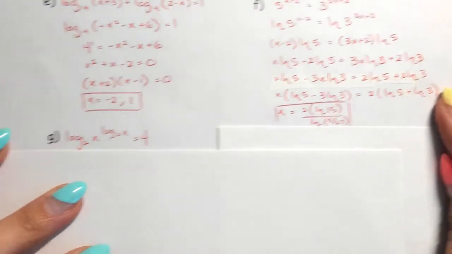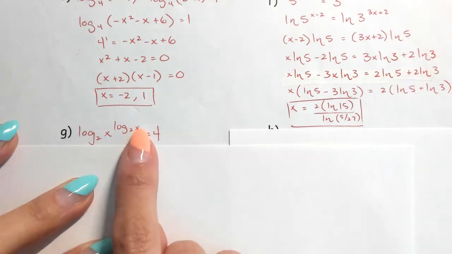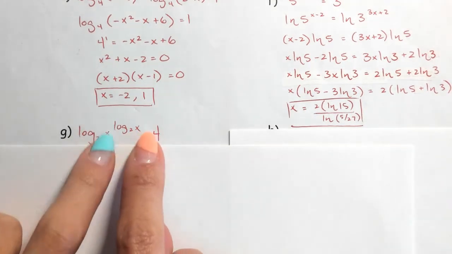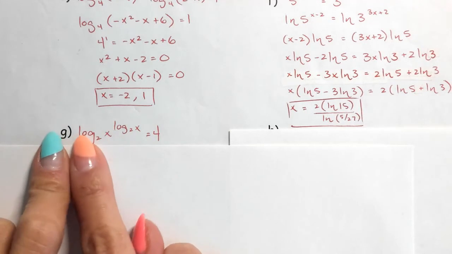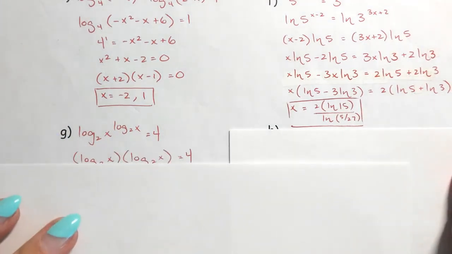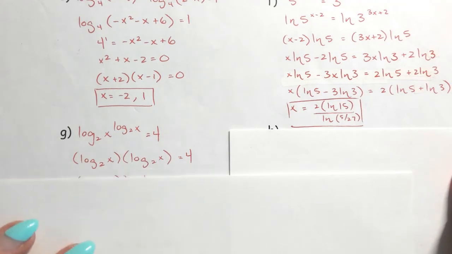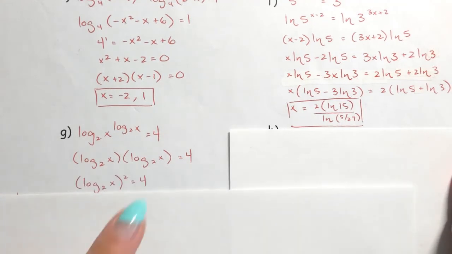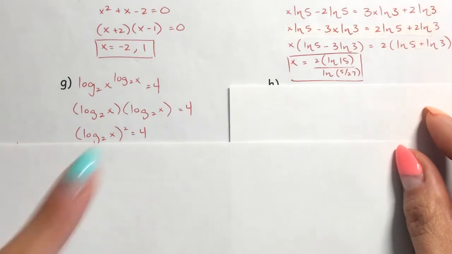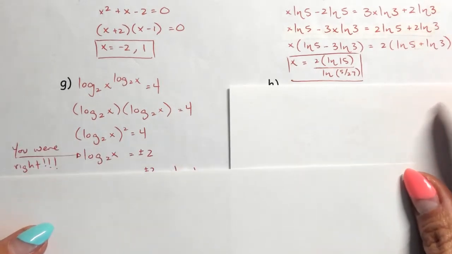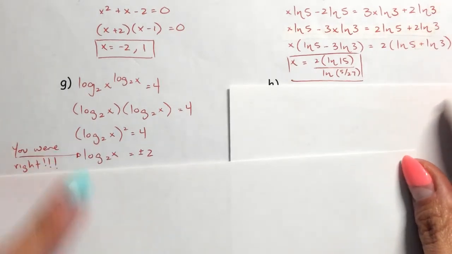Okay, let's look at this. Okay. So this one, I got an x up here and an x down here. Okay, let's use the power rule. Let's bring that down, but make sure you're using parentheses. All right, how else can you write this? How about squared? All right, how do you get rid of a squared? Take the square root of both sides,